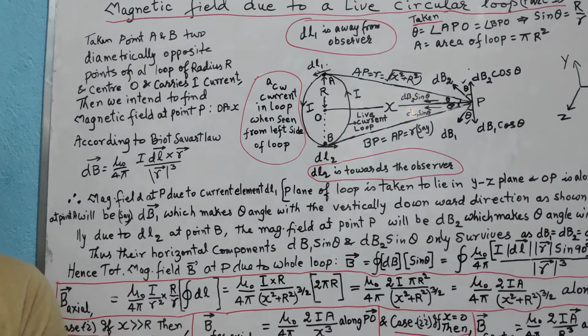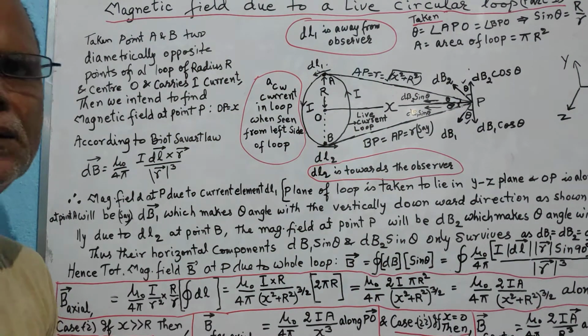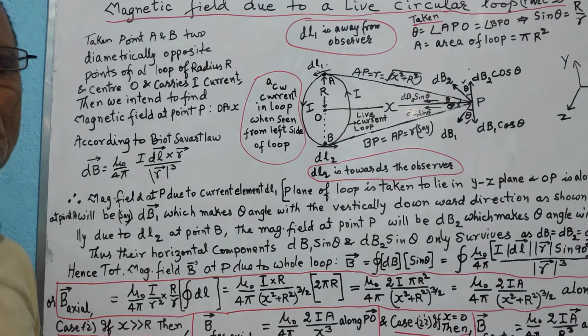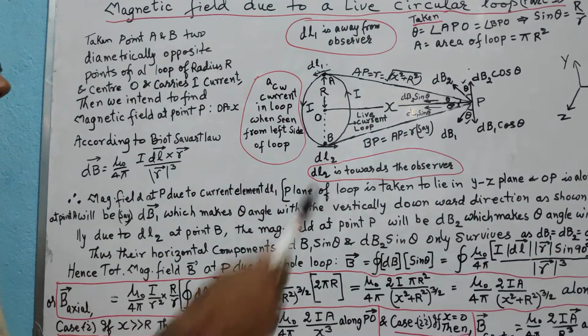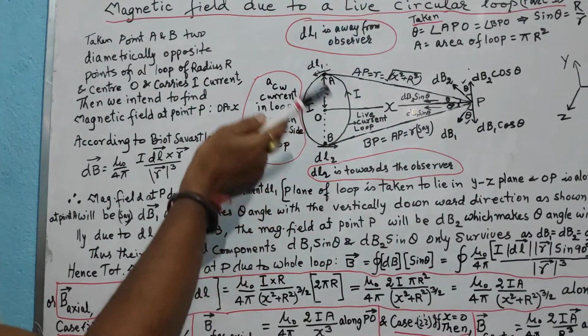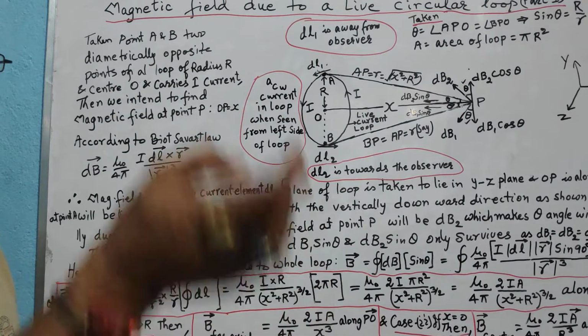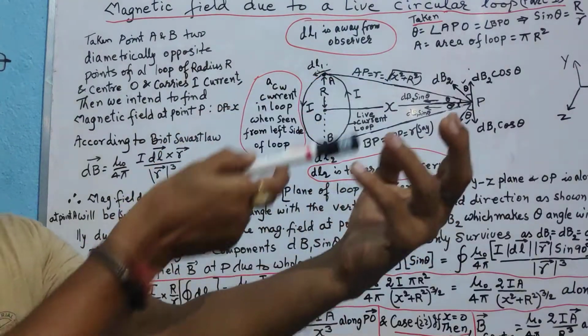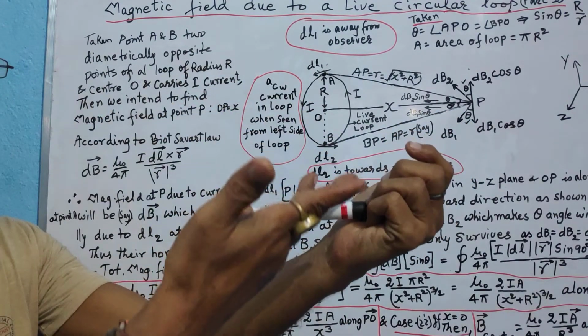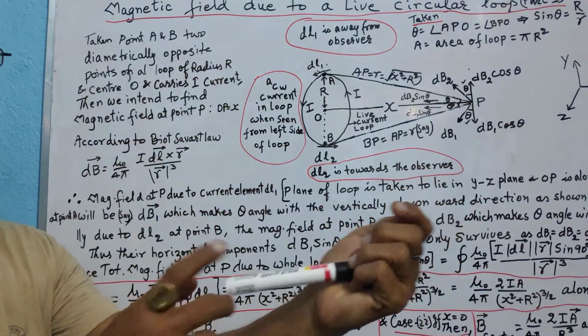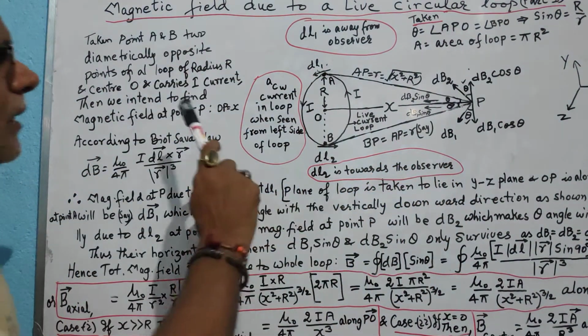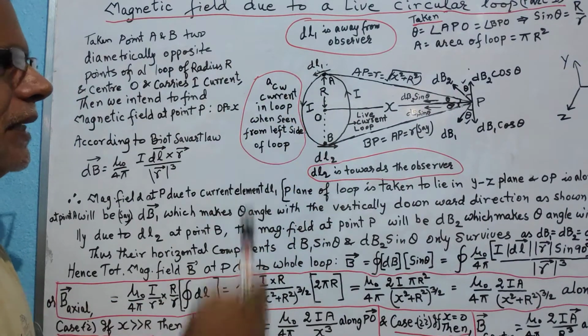Hello students, today we are going to talk about a bit lengthy topic, where we will try to find the magnetic field generated by a live circular loop. Say for example, we have a circular loop as you see in the diagram, carrying some current I. When seen at the loop, the current appears to be anti-clockwise, that we have assumed. And once anti-clockwise current is established in the loop,